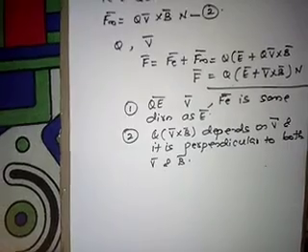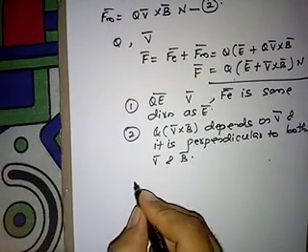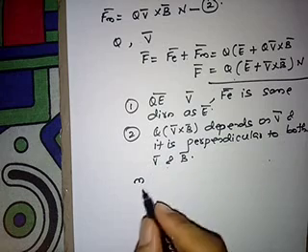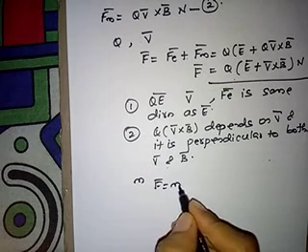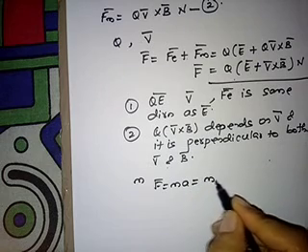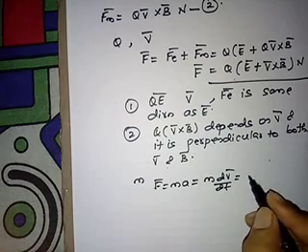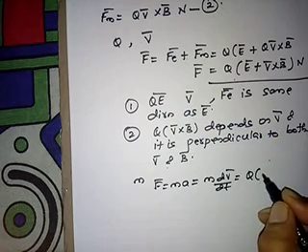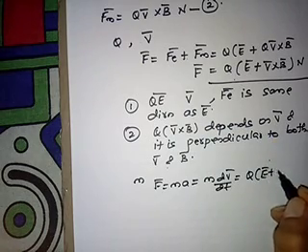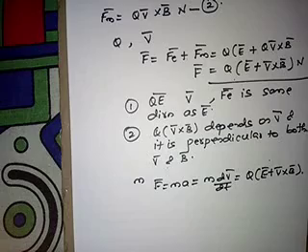Then if the mass of the charge is m, we can write the equation F is equal to ma, we know this equation. Force is equal to mass into acceleration, which is mass into dv bar by dt. So this is nothing but our equation here, whatever we got here, Q into E bar plus V bar into B bar. So this is about the Lorentz force equation.